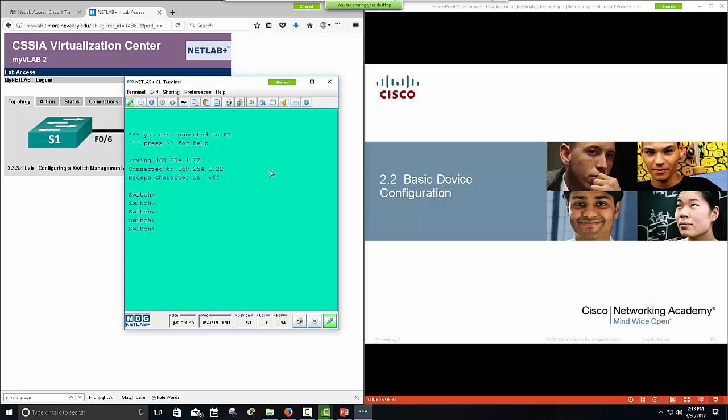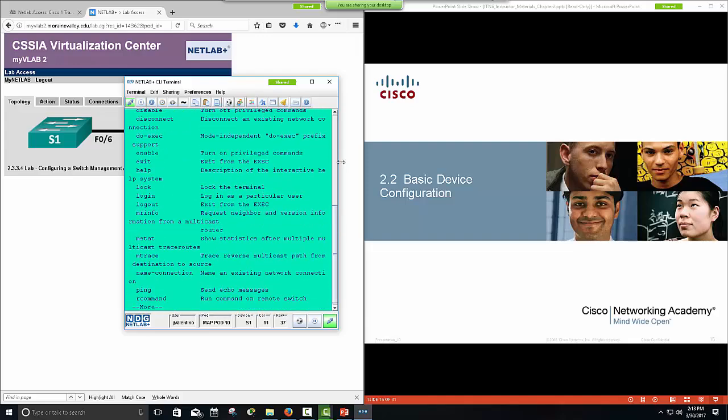And user mode is like the default, most basic, lowest privileged mode you could ever be at. Well, how do we know? Well, in Cisco, there's something called context sensitive help. At any time, you can type question mark and you can see what commands are available. So with nothing typed in at all, we'll just hit question mark and we'll see all the options that are